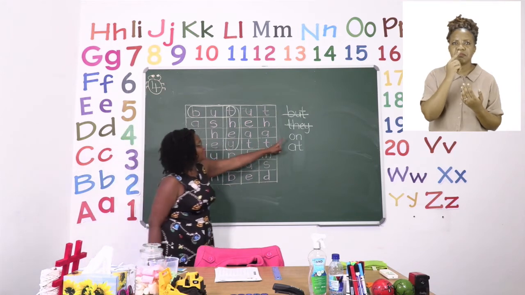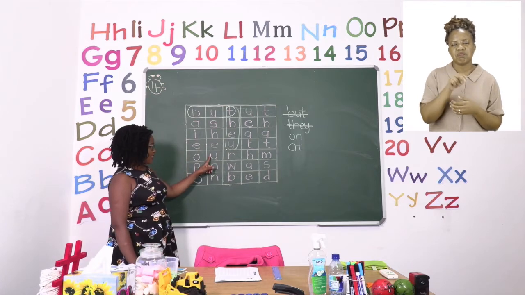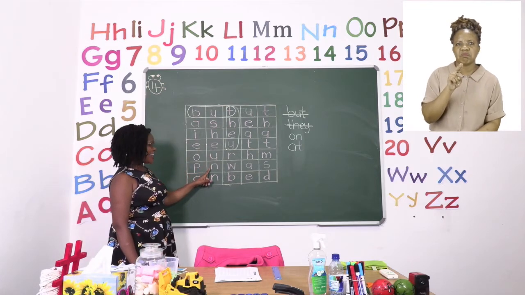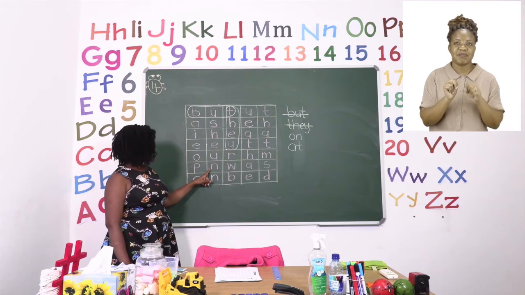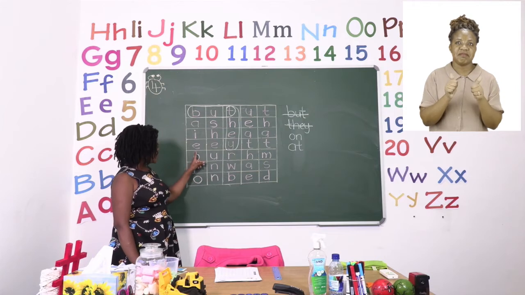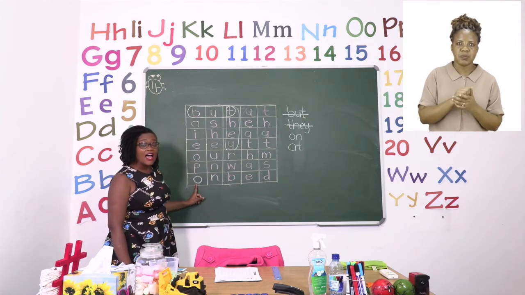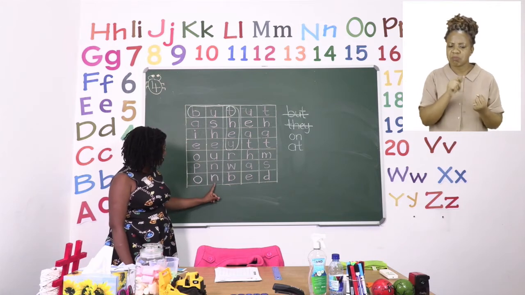The letter N. Not here. Yes, we have found a N. Good job, everyone. So you can circle this one, but I can also see another O here and a N